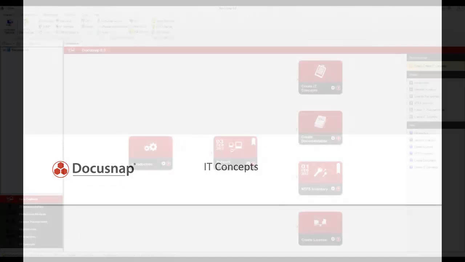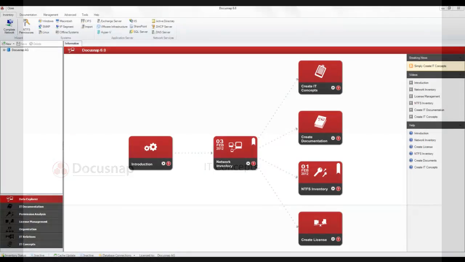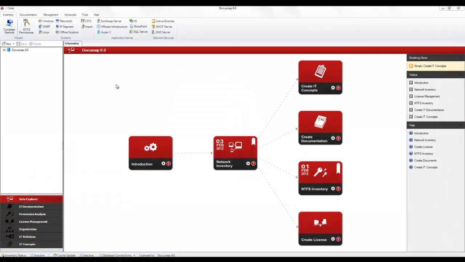Traditionally, concepts were created using a text processor where you had to enter the required data manually. Now you can create concepts directly in Docusnap and use data from previous scans as required. When creating an IT concept, any combination of text, reports, data lists and plans, as well as external files can